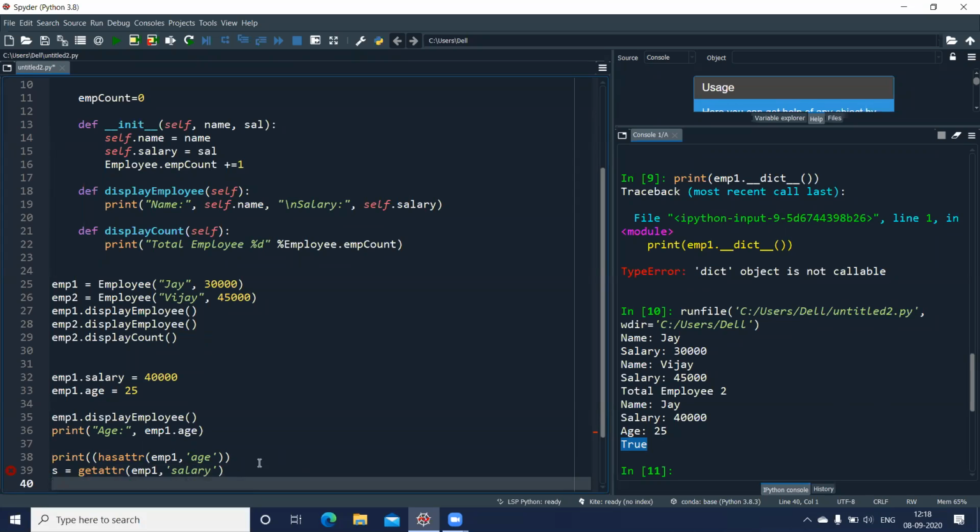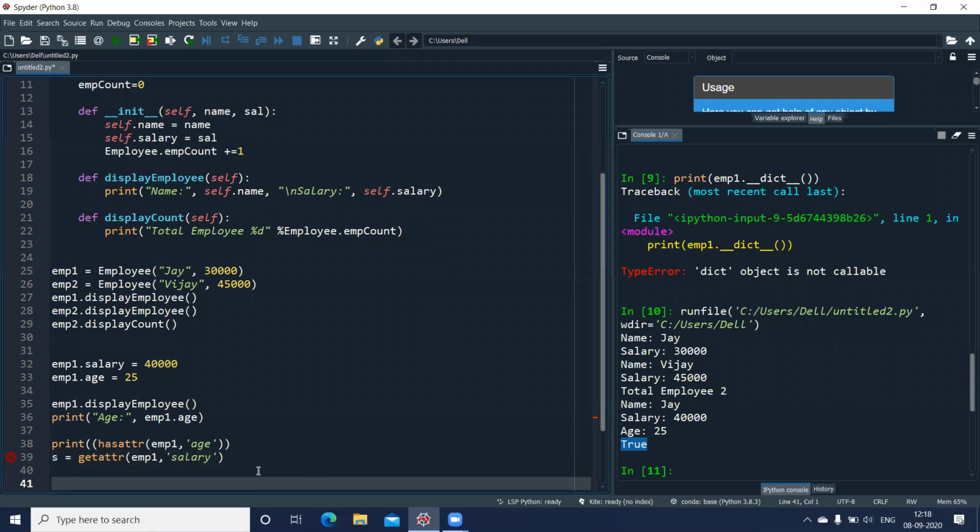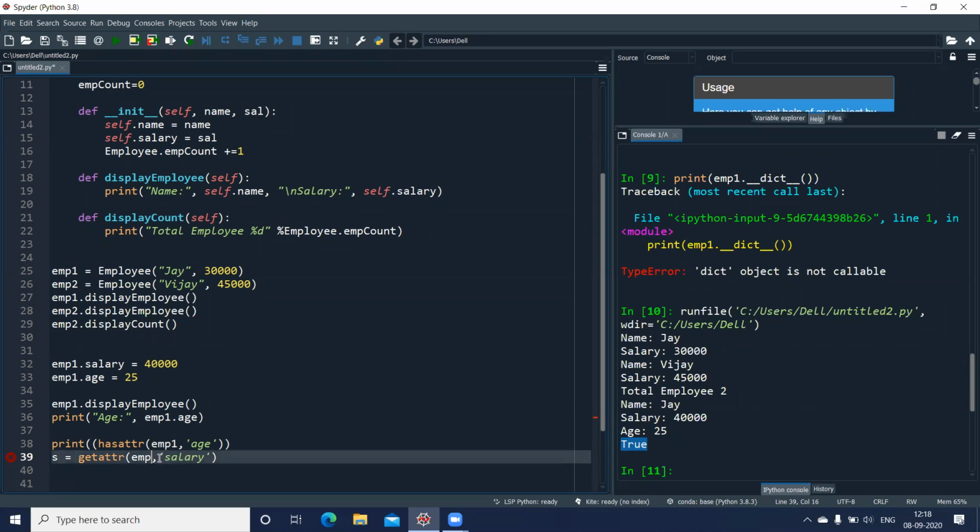Invalid syntax. emp1. When hasattr worked, why not getattr? Let us try changing this. I hope salary is right. emp1 is right. Let me rewrite this whole thing.